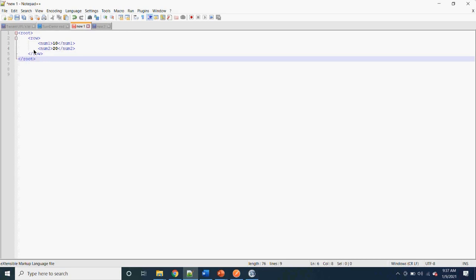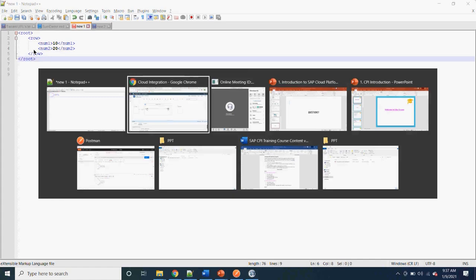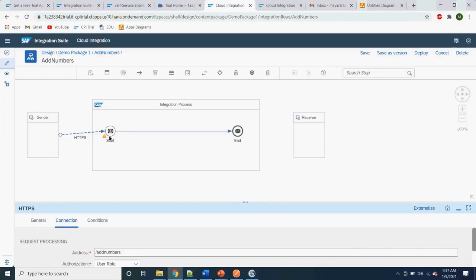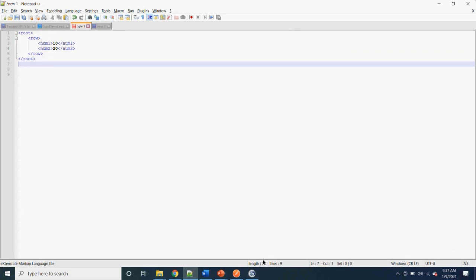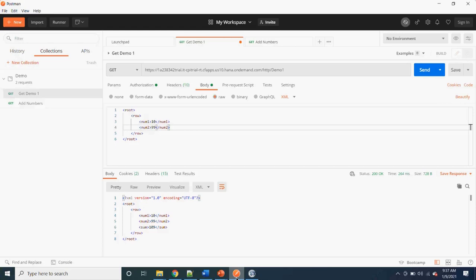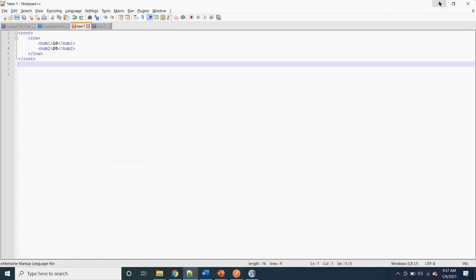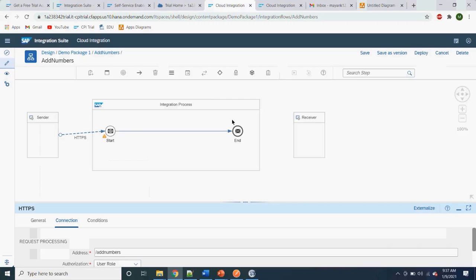Mayank, small question. Before starting, what are the software or tools that we need to install in our PC? So in your PC, you do not need to basically install anything to use this. But good to have tools are, I would say, Notepad++. These are not SAP tools, so it's totally fine if you do not install those. But as a developer, I would suggest installing Notepad++ and Postman. Postman is used to mock service requests. But for integration you do not need to install anything.